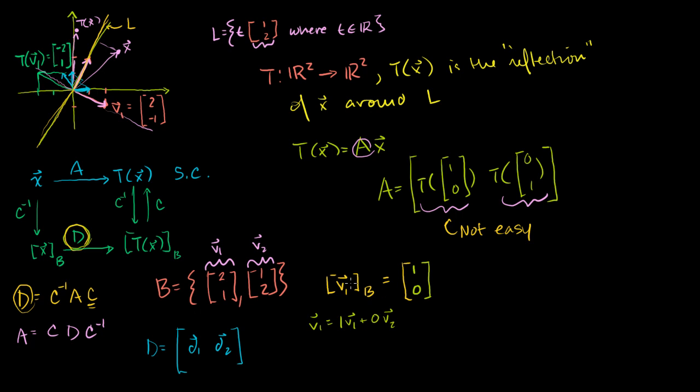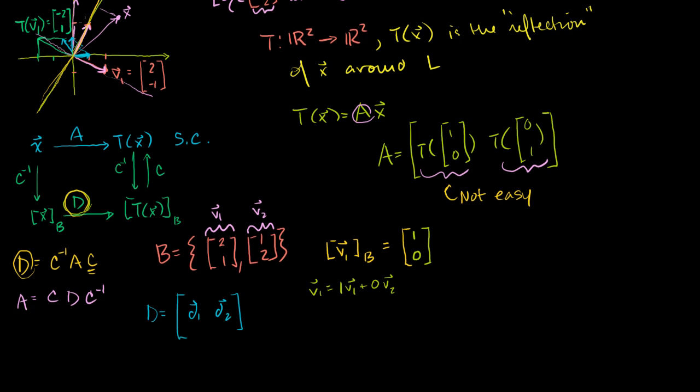So what is D times this going to give us? Let me scroll down a little bit, although I like to show that little chart right there. But D times the B coordinate version of our first basis vector is going to be equal to